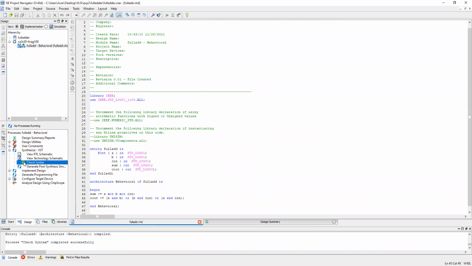When the green tick appears, that means whatever code you have written is right. Now, there are more options also. You can view the RTL schematic view also.